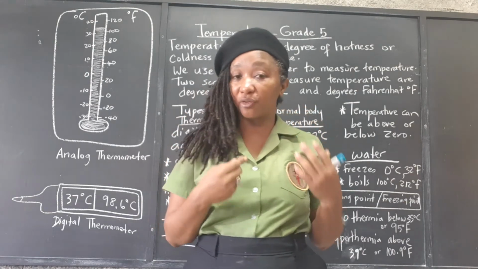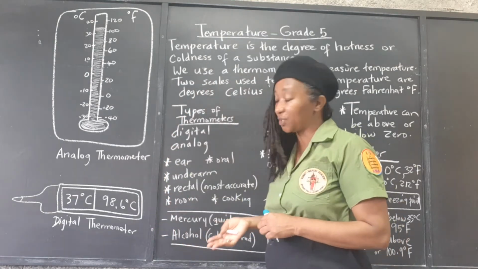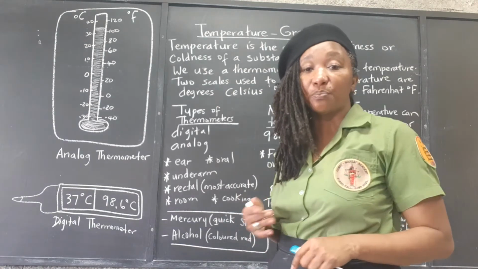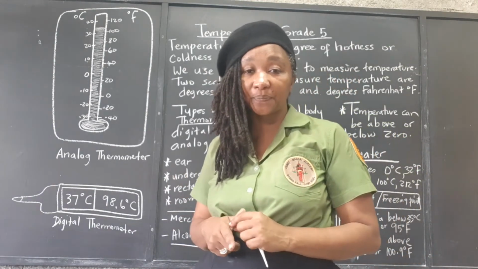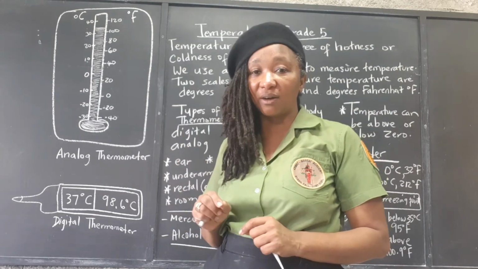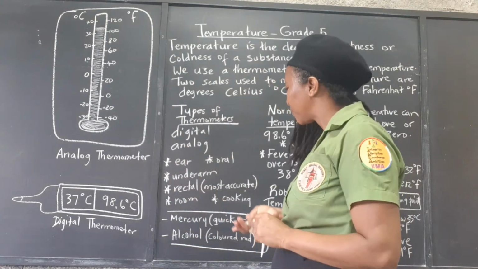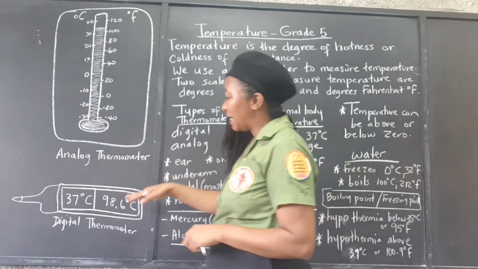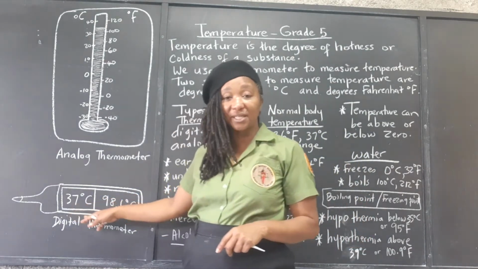Getting an internal reading is a good place to put a thermometer. Always remember though to sterilize at least the tip of the thermometer with alcohol. Put alcohol on cotton and sterilize before you take your reading,